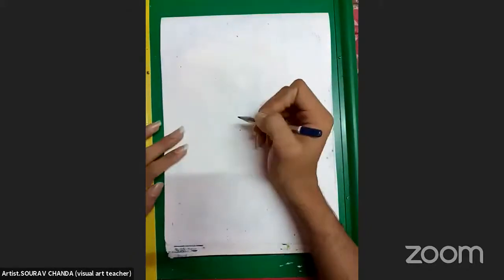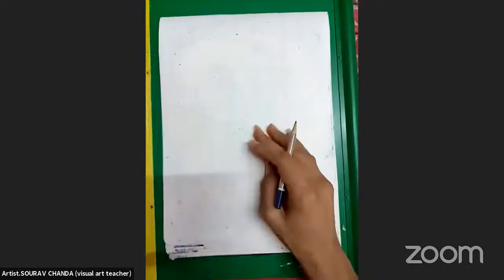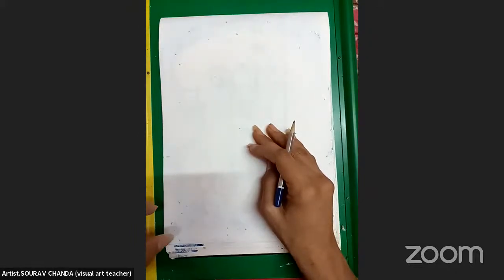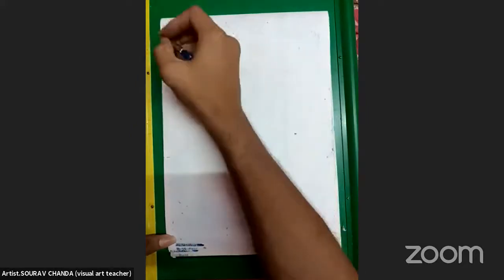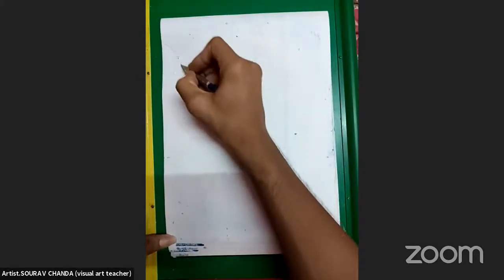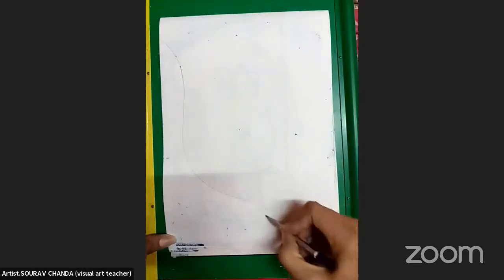First, I will start with the drawing section. So this topic comes under design. Now design, in a sense, has various types of patterns: structural design, compositional design, functional design, object rendering design, floral design. So today our topic is based on floral design. So we will first begin with the layout and the structure of the